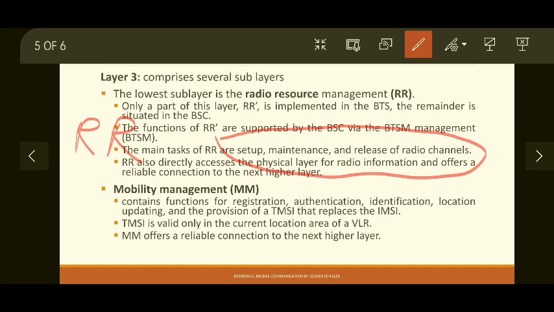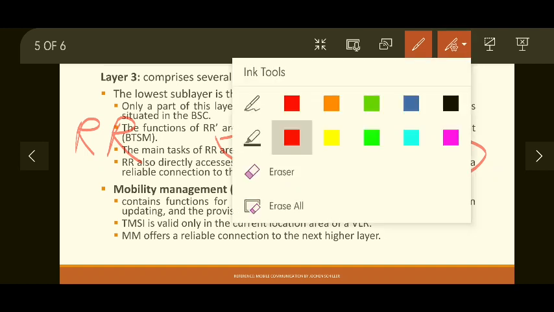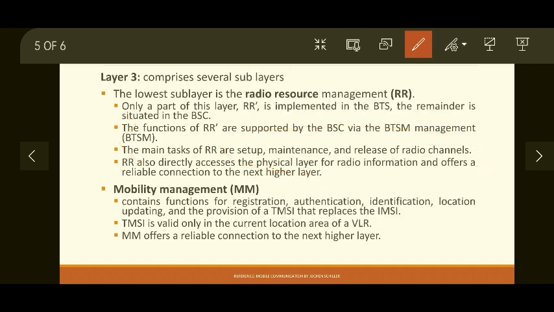Okay, once the lower layer detects the available channel, call setup, maintenance and release, all this process will be done by RR. RR also directly accesses the physical layer for radio information. So which channel is detected for making the communication possible, this information is taken from the physical layer directly by the RR, okay, and it offers a reliable connection to the higher layer.